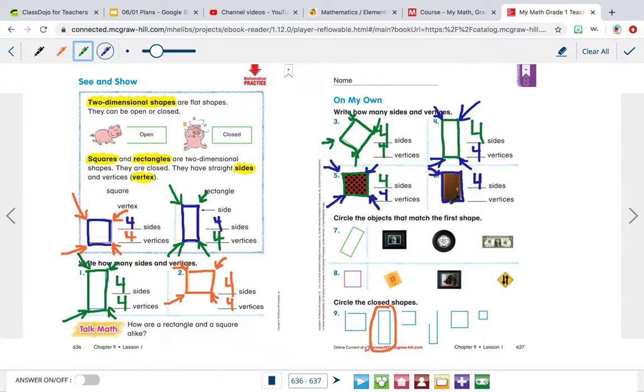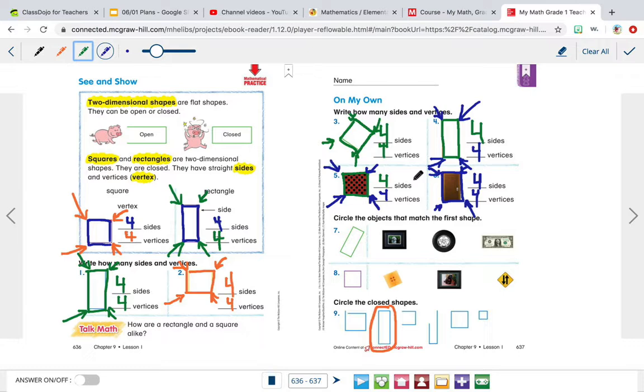1, 2, 3, 4. Now if you notice, for all of the squares and rectangles, no matter how big or small they were,